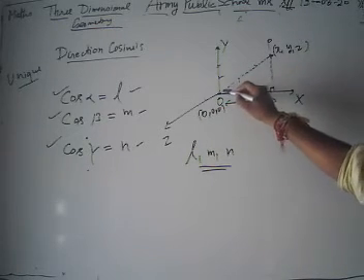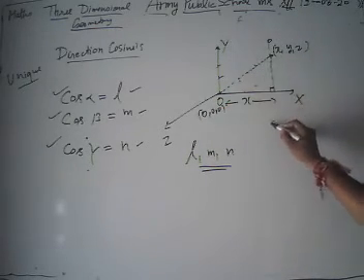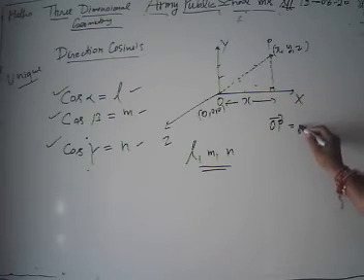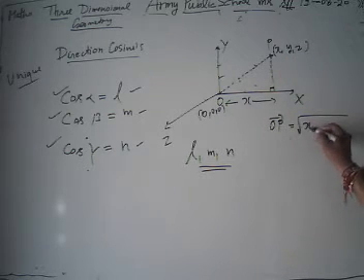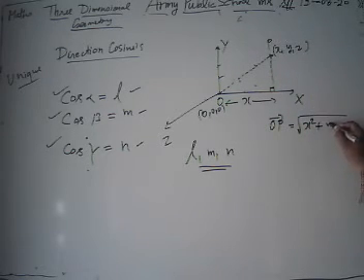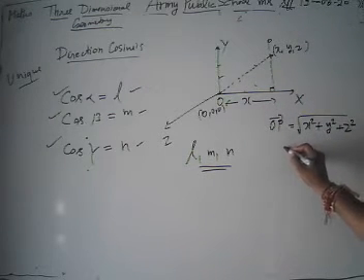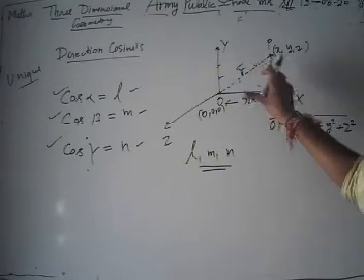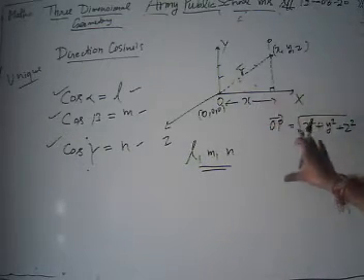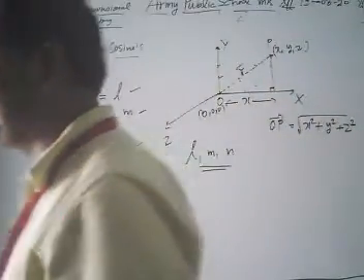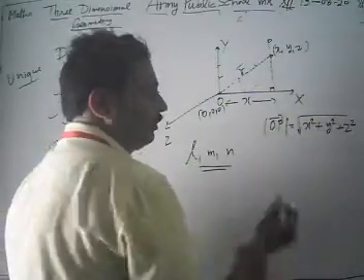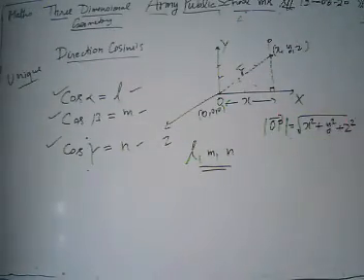Then what is our vector OP? From class 11, all of you are aware that it is the square root of x minus 0 whole square, that is x square, plus y minus 0 whole square, y square, plus z minus 0 whole square, z square. This we call R. So OP is R, and the value of R is given by the square root of x square plus y square plus z square. This is the length of vector OP.